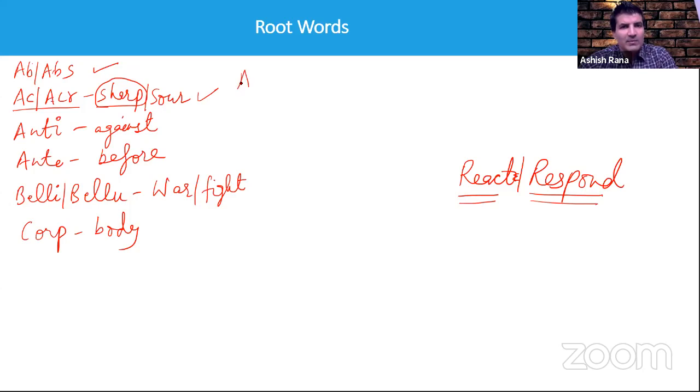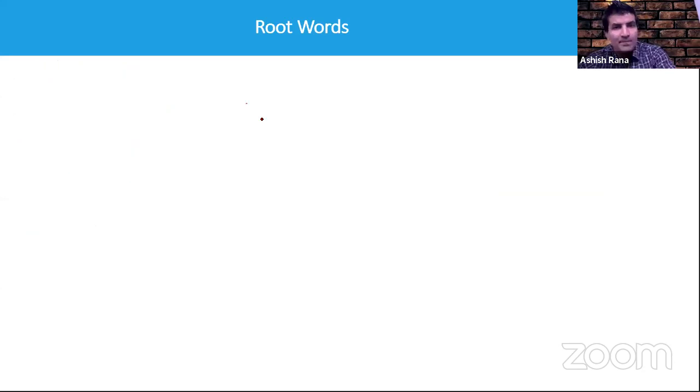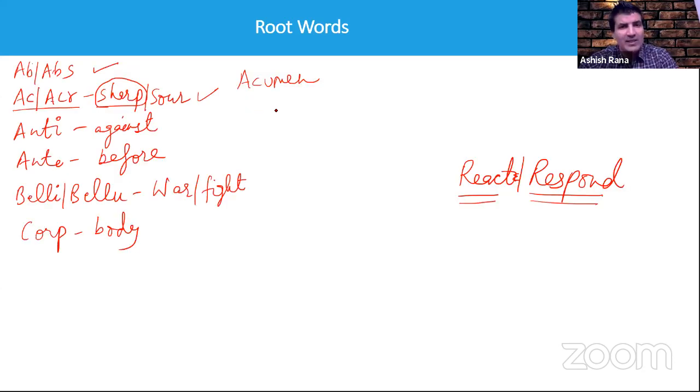So for example, somebody said, what is acumen? If I say acumen, what does that mean? Somebody's business acumen, somebody's mental insight. Somebody is saying acute, which is also correct, right? So acute also means sharp. Now I can say you are mentally acute, meaning you are mentally sharp, right? And I can use the same word in a negative connotation also. I can also say I have acute pain in my knee. That means severe pain, sharp pain, right? So that's how this word can be used.